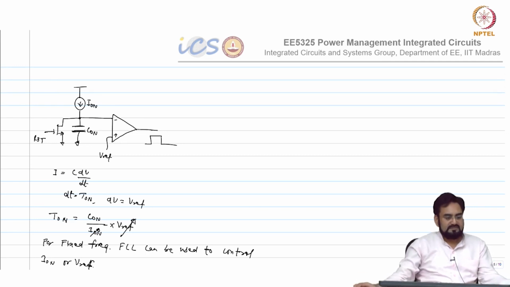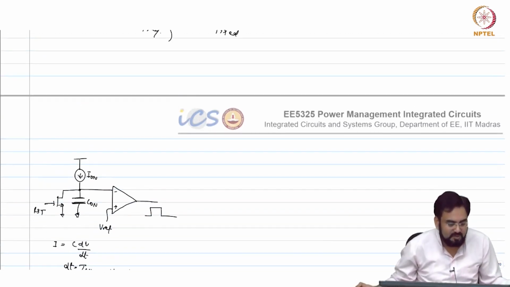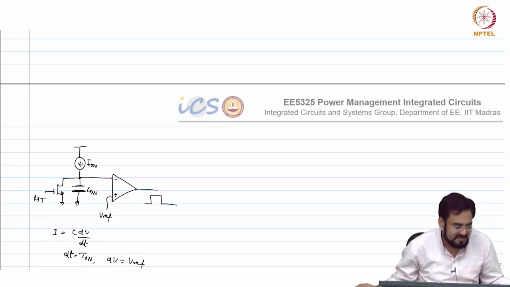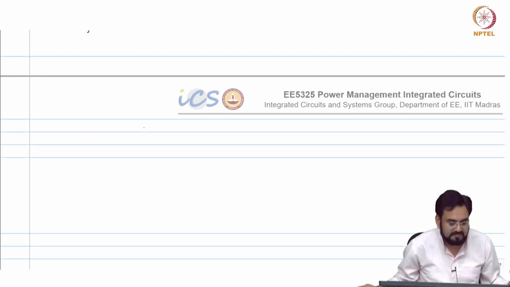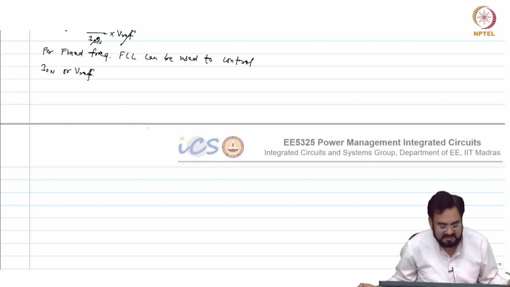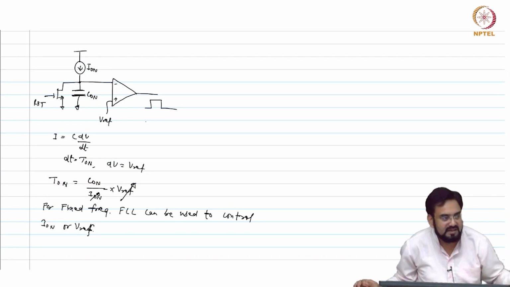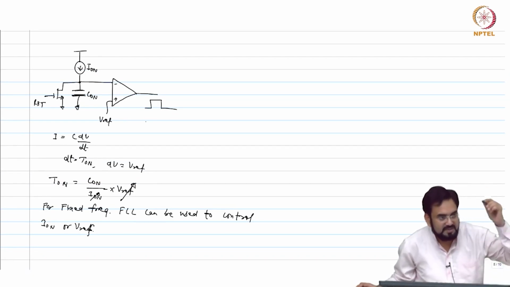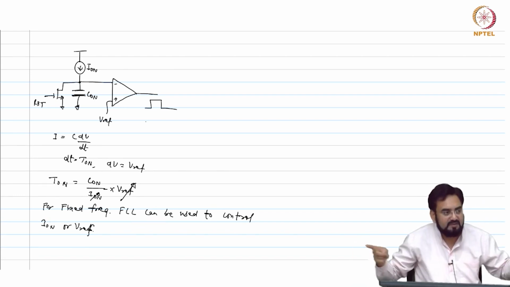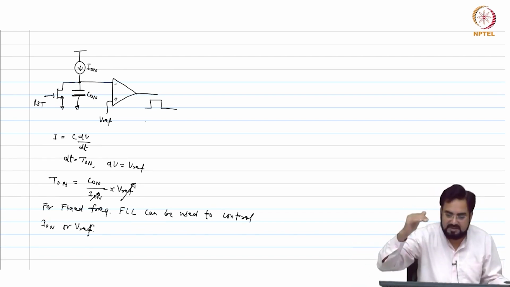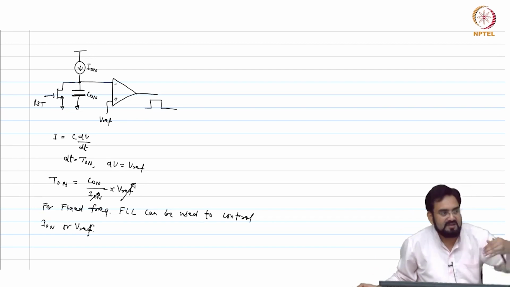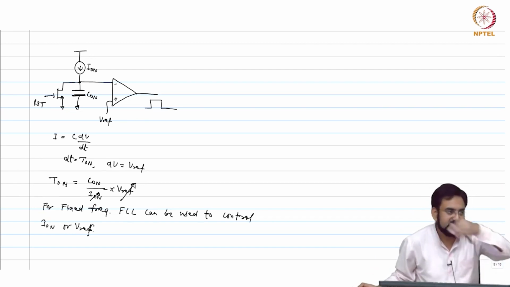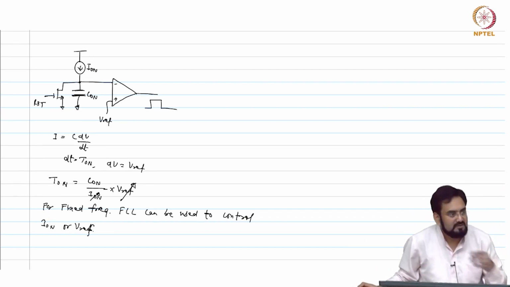Okay. But the moment I try to limit that inductor current, obviously it will impact my transient response. You can simulate and see the difference between voltage mode and current mode. In the current mode you will see your duty cycle won't be on for a very long time, because this hysteretic comparator will limit that. So it may take a few cycles to get there.